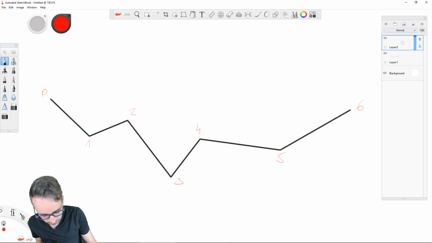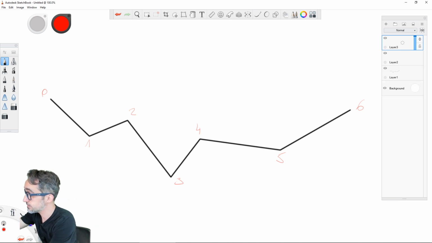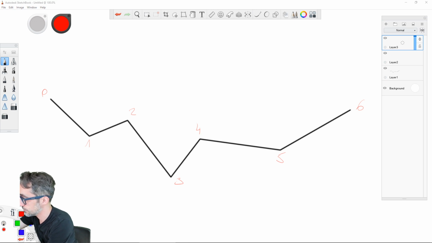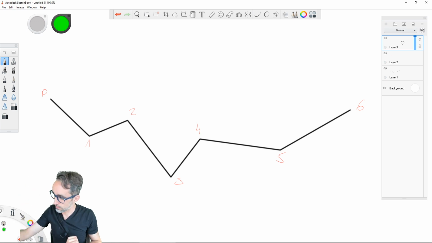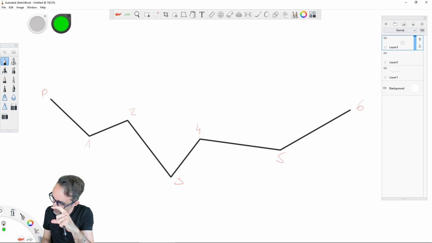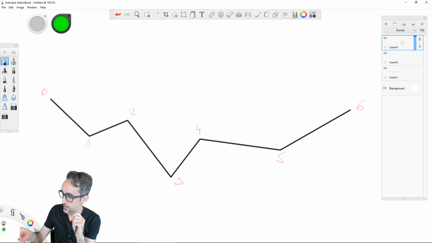And then, now that we have this, I'm going to use green, and I'm going to draw a line. I'm going to talk about the value of epsilon.